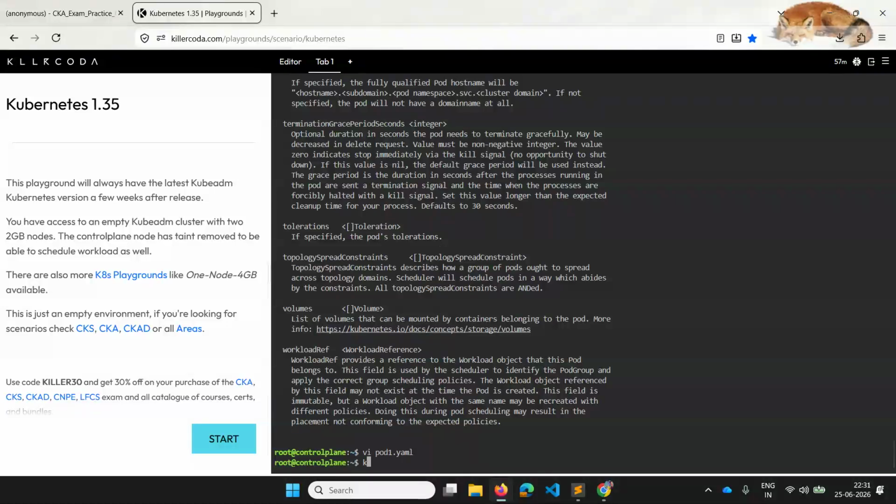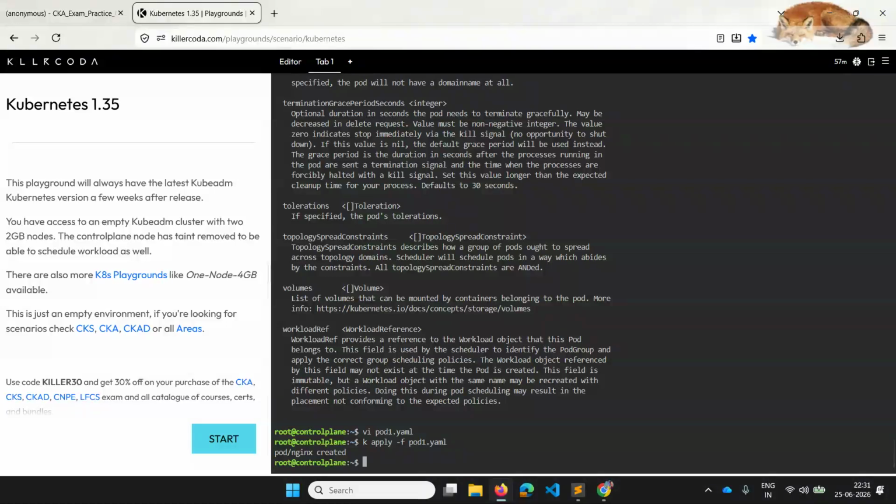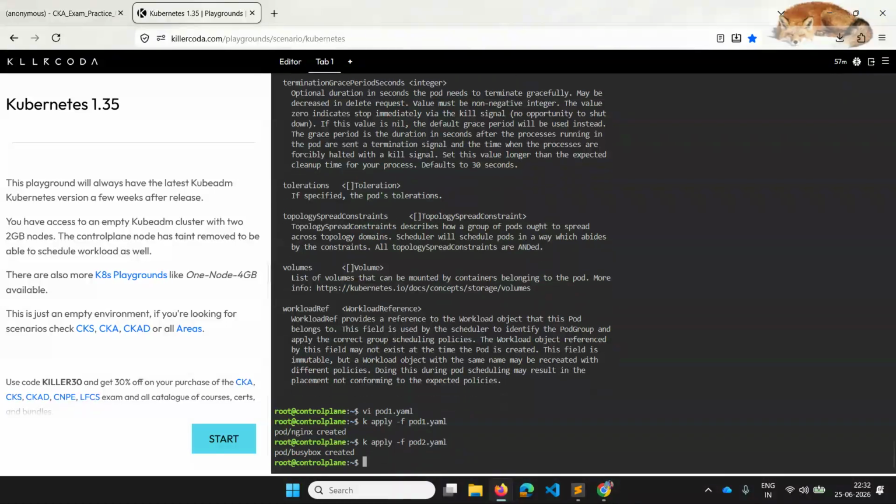So now I will try to create it using the apply command. I'll apply this, and I'll also apply the second one. Remember, for the second pod I didn't add any hostNetwork true or false. I'm just applying it. So the nginx pod is created and the busybox pod is created.